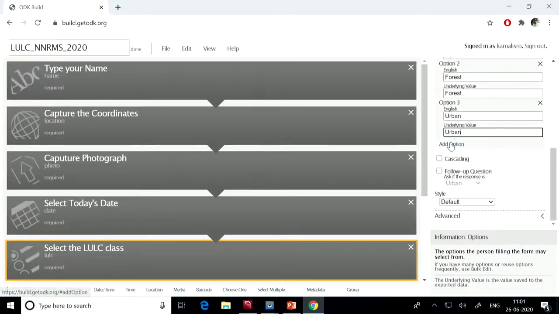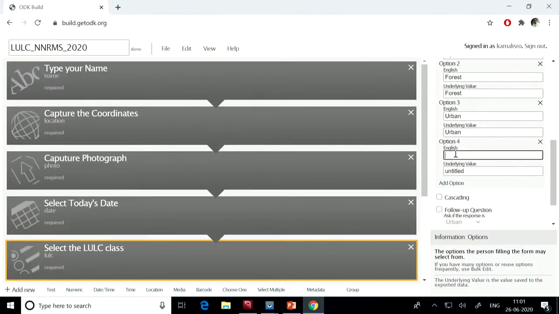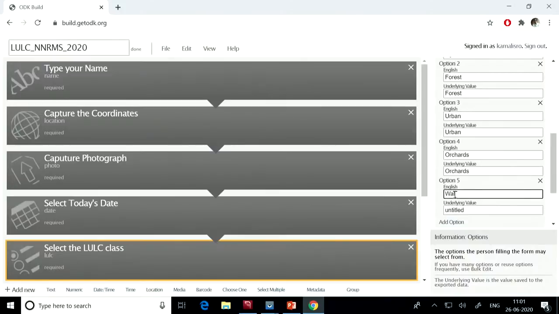Then I can add one more option, orchards, with the same value. I can add one more option, water body, with the same value also. So these are the options available, and only these will be visible to the user.